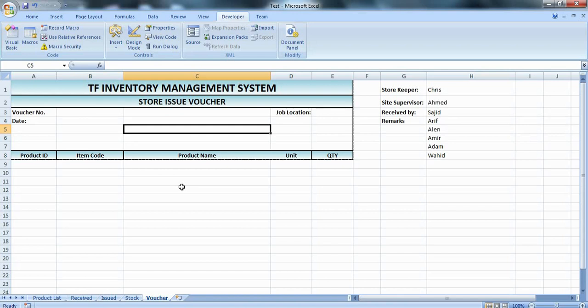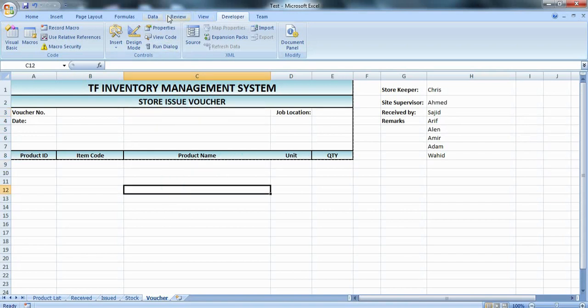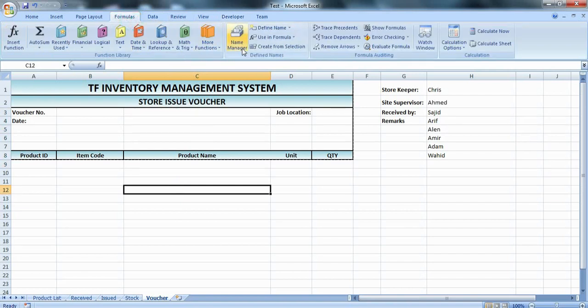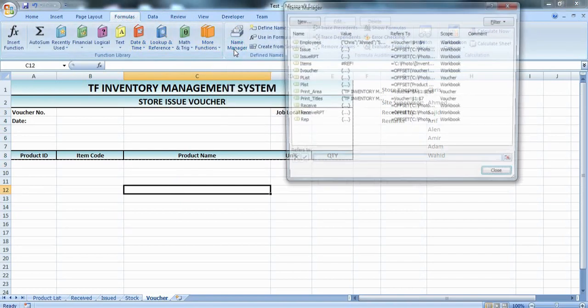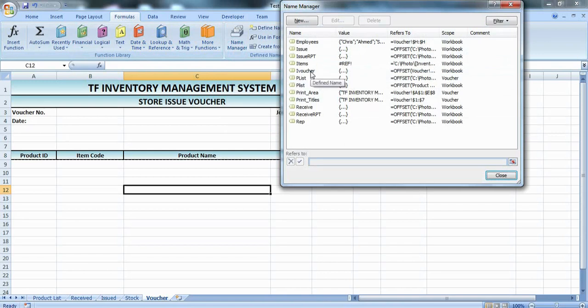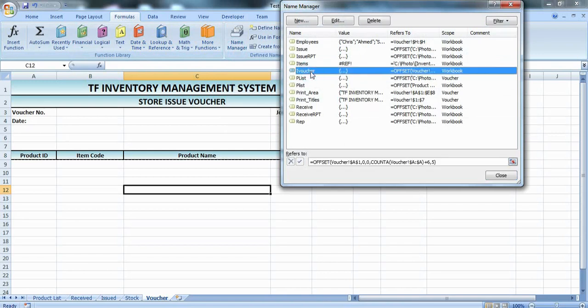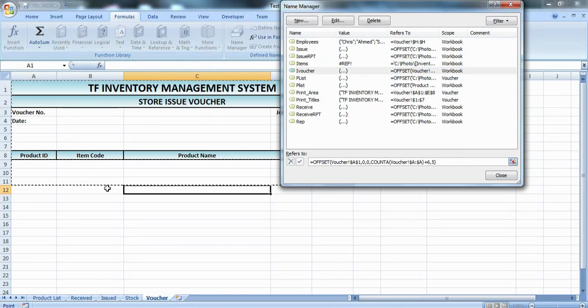And before we start, one thing we have to do is create a dynamic name range. For that you know that we have to go to Name Manager, and you can see iWatcher. This is the name of the dynamic range, and here you can see we have created this dynamic name range which covers 4 rows extra than our data.